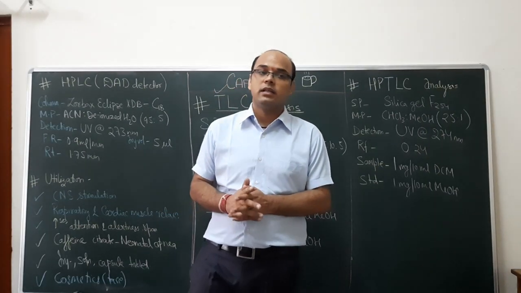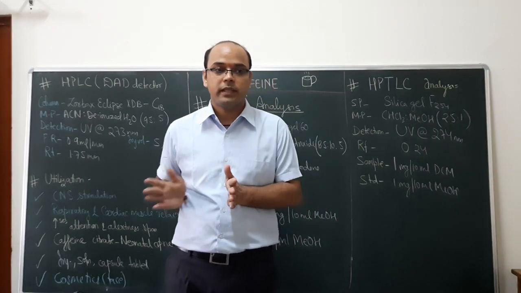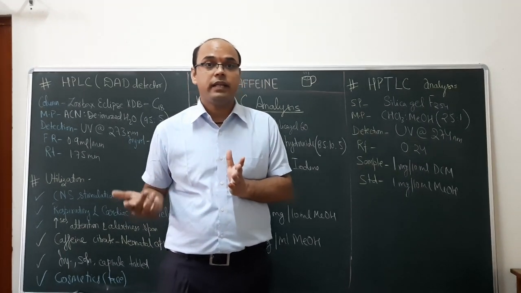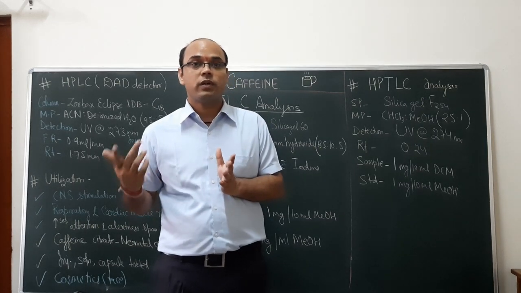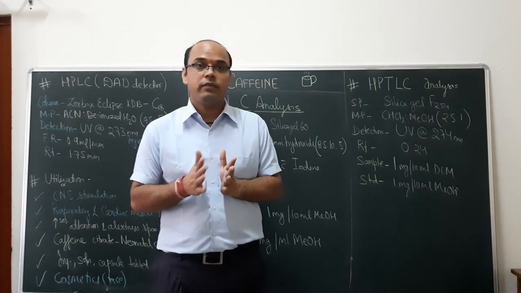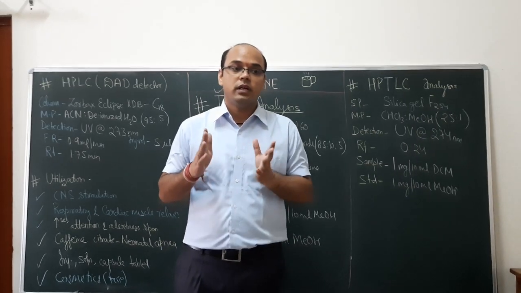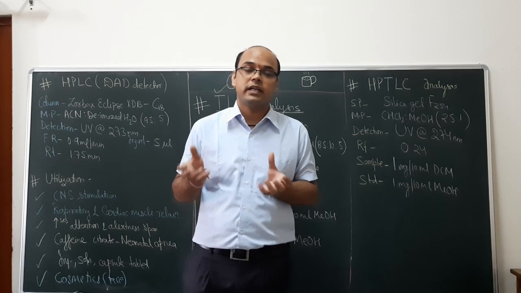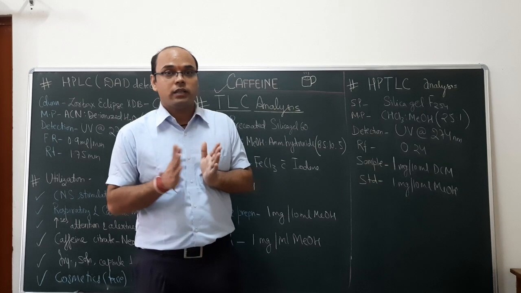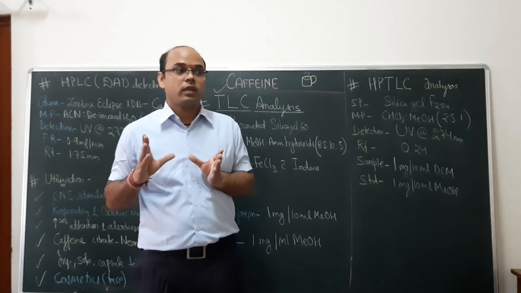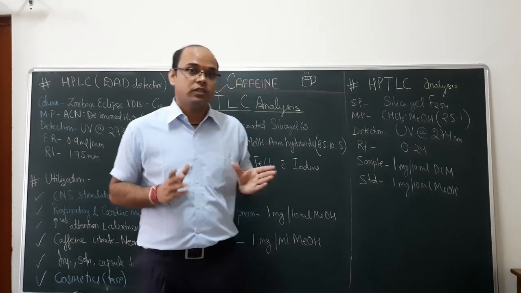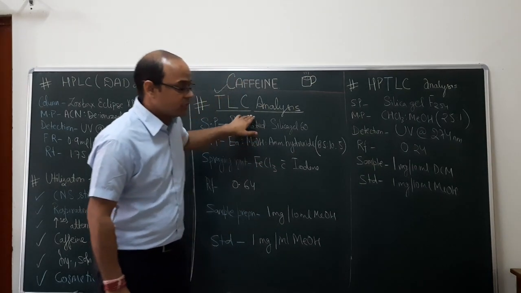Now we have isolated the phytoconstant caffeine using the method. After isolation of caffeine, we have to quantify its concentration or its purity using various parameters. Here we have some sophisticated instruments which we can use for detection and quantification of caffeine in our sample. The basic and oldest technique for identification of phytoconstant is thin layer chromatography, TLC analysis.